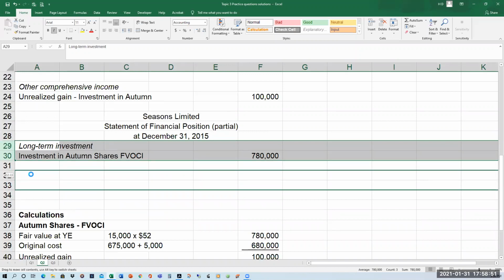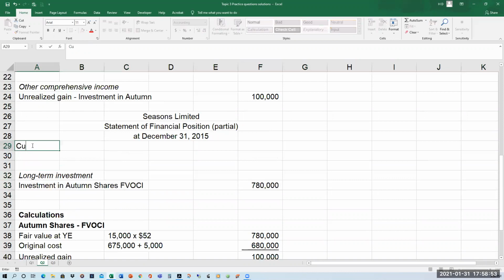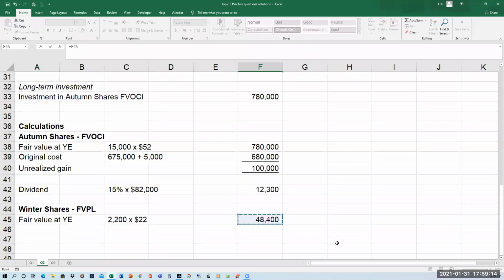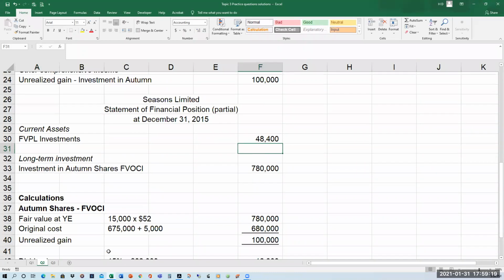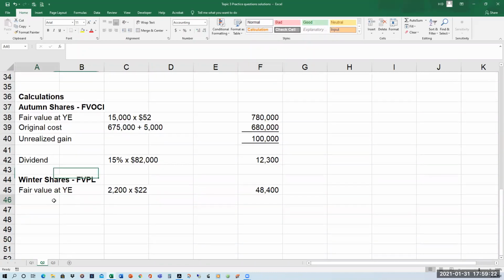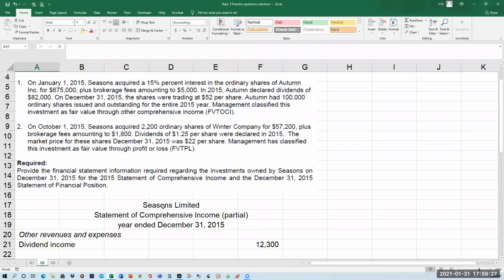Now this is reported as a current asset, right? Under current assets, we will have FVPL investments or short-term investments. Different companies will have different names to use. So FVPL investments, that's $48,400. That's the fair value for the Winter shares. The original cost was